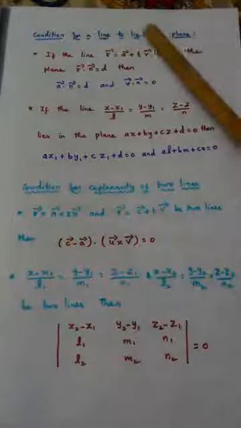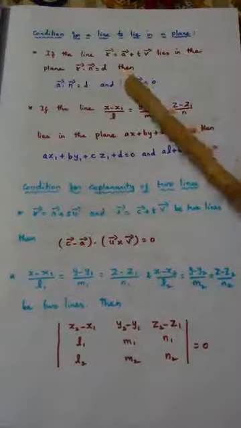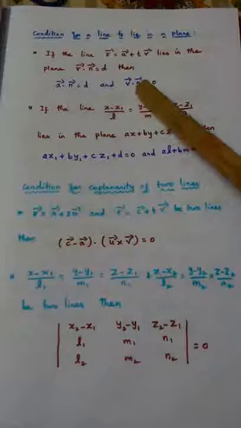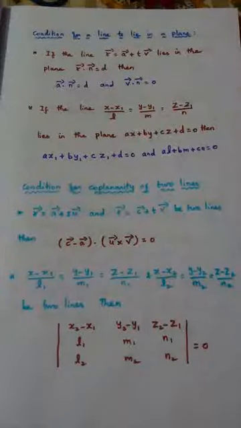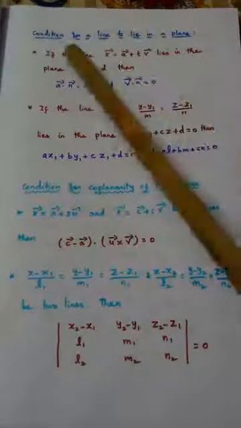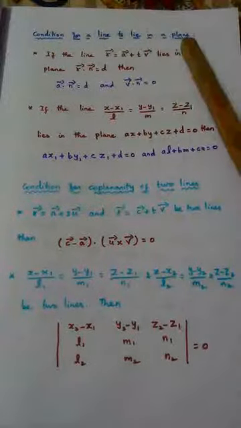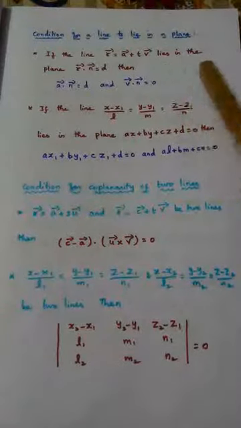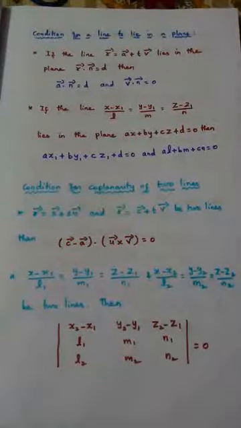The next topic is the condition for a line to lie in a plane. So these are all nothing but theory class. You should concentrate properly in the theory part, so that the problem part becomes simple. First one, condition for a line to lie in a plane. I think you know the meaning very well. What is the condition for a straight line to lie in a plane? Lie in a plane means what? The line is totally present in the plane. That is the meaning of lying in a plane.